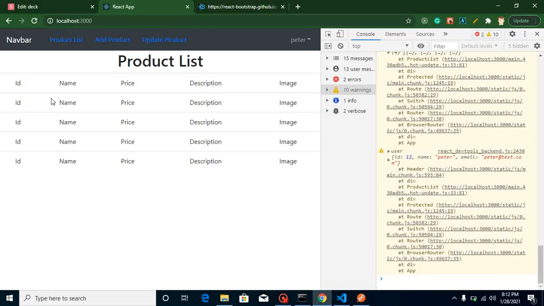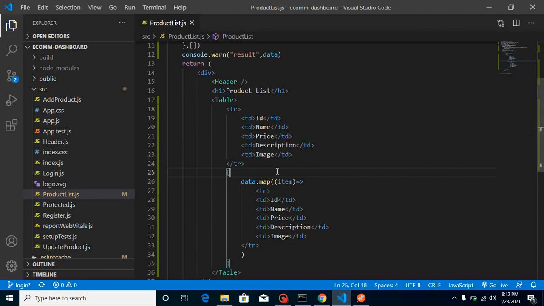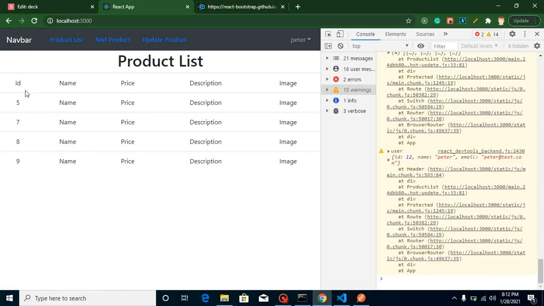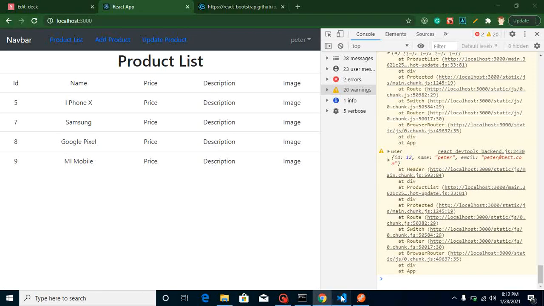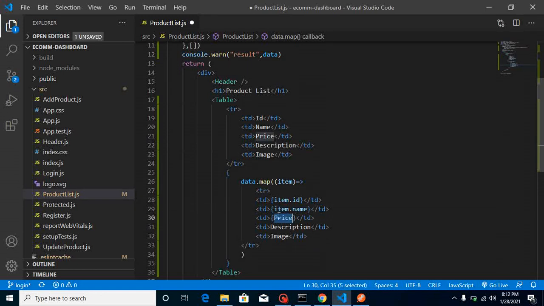So now you can see that we have repeated data, but this is actually inside a loop. So we can just change this data dynamically. So let me put here item.id, and with every change you can see that we are getting here id now, and now we'll get a name, price and all. So put here item.name, and we are getting here names. Similarly with the price, item.price, item.description,